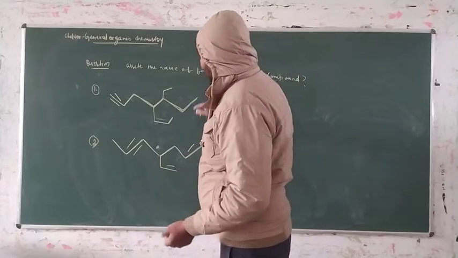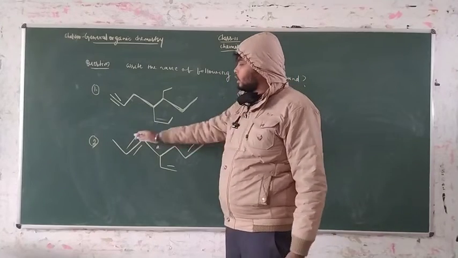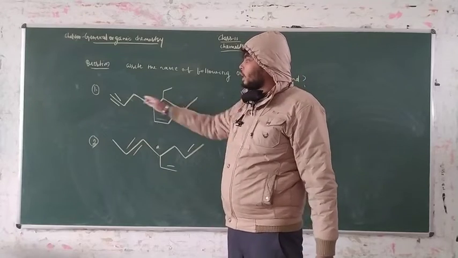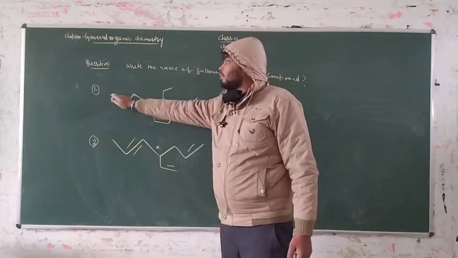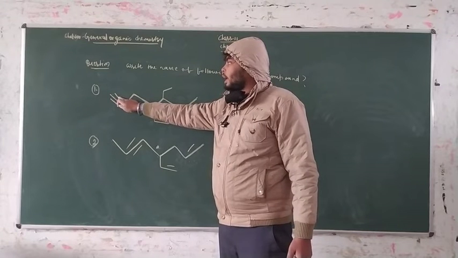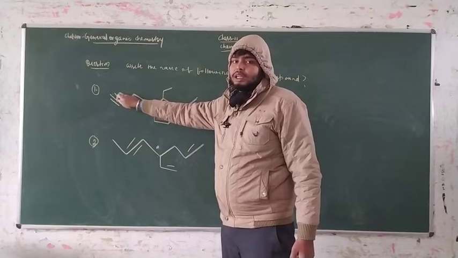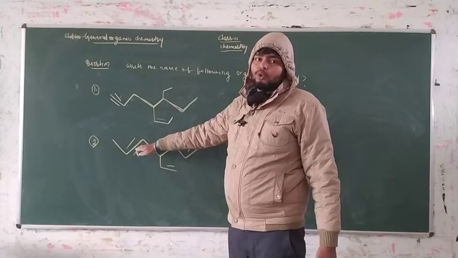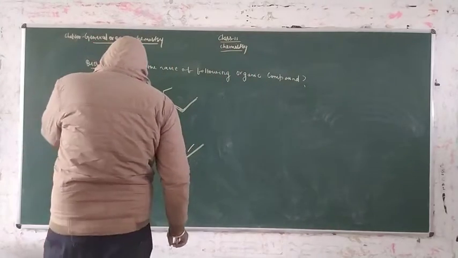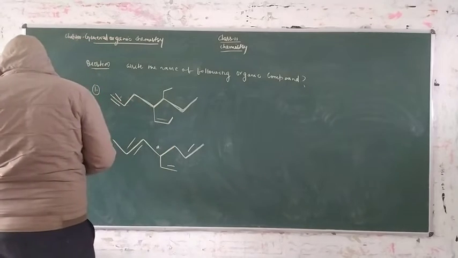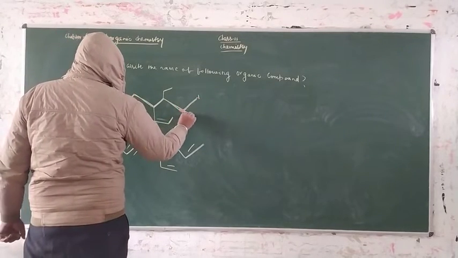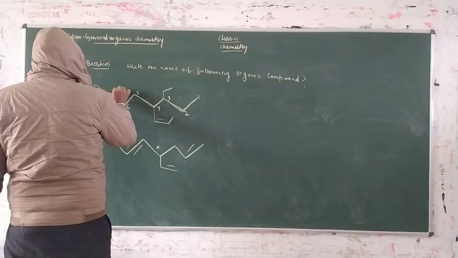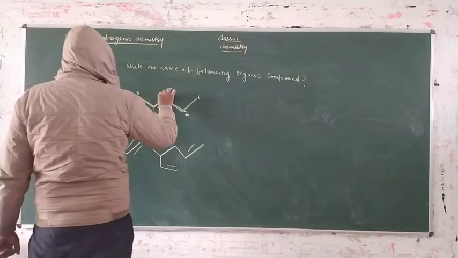For the naming, you have to write the names with the numbering here. This is a triple bond. That means this is not the skeleton of only 7 carbons: 1, 2, 3, 4, 5, 6, 7 carbon. Only one double bond is paired and this carbon is another one. That is 8 carbon attachments here. In terms of this, there is also another carbon attachment. You have to notice this formation, guys. That means numbering is allowed for the formation like this: 1, 2, 3, 4, 5, 6, 7 and 8 is here. This is your condition.